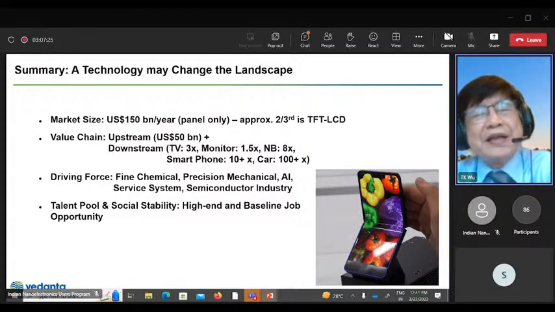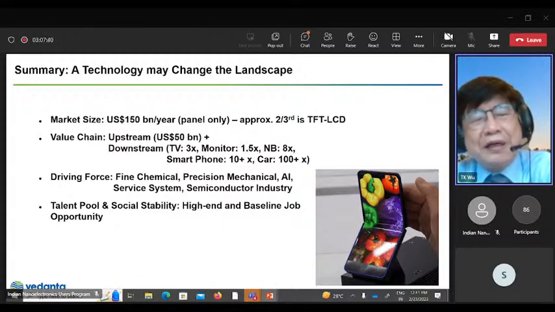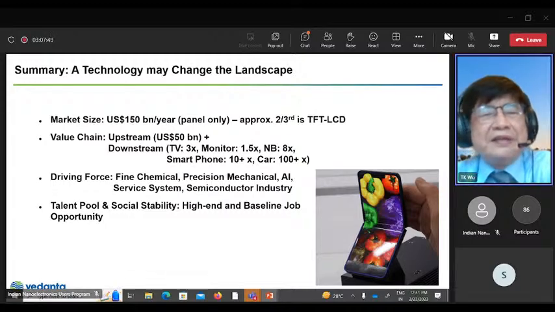Smartphone is even higher, 10 times, 20 times. And the car is 100 times, meaning a $1 display, we can make a $100 car, something like that. The driving force, okay, with this one, we can drive not only the panel itself, it will drive fine chemical, precision